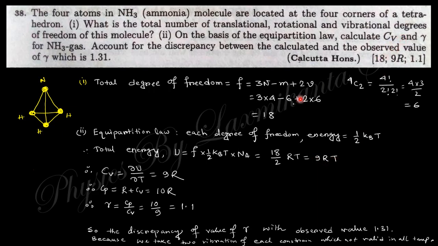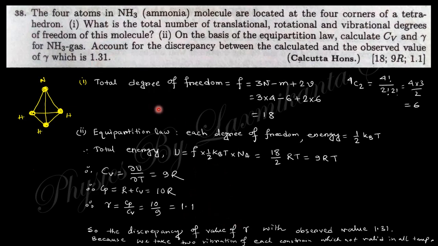Then what will be the Cv? Cv is del U by del T. So if you take the partial derivative with respect to T, you will get 9R. So Cv is 9R. You know Cp minus Cv equals R. So Cp equals R plus Cv, that is 10R. So gamma, the ratio of Cp by Cv, is 10 by 9, that is 1.111 like that. So you can see here, the observed value is 1.31, but our calculated